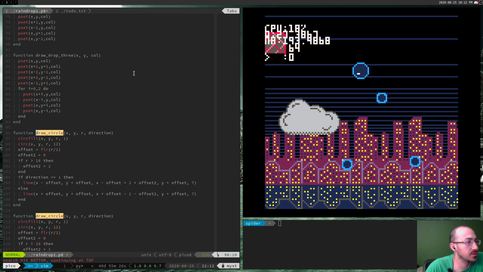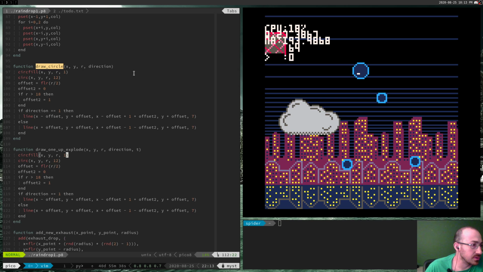Draw one-up explode. There we go, and then we had a t value of how this is going to go. So for the first t, it's going to be